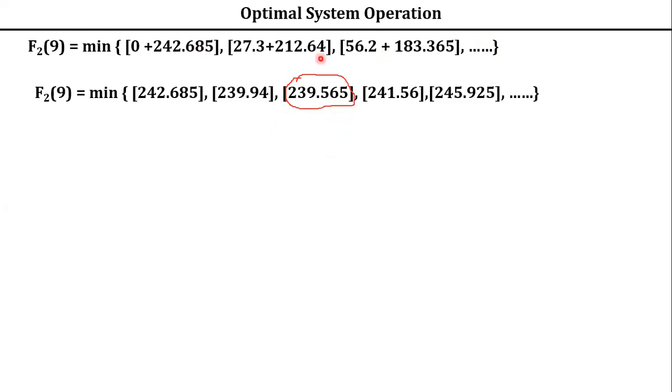First, you have to write the combinations and determine the combination values. Among these combination values, take the one which has got the minimum, because that is the aim of this dynamic programming, the minimum value of y. So therefore F2, what is the combination now? F2 of 9 is equal to what you have written. This is the minimum value.